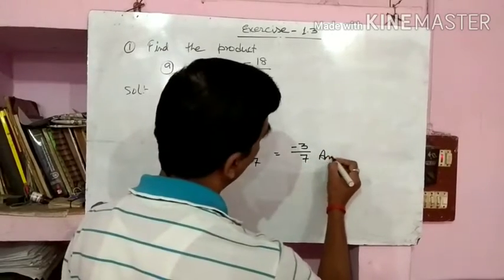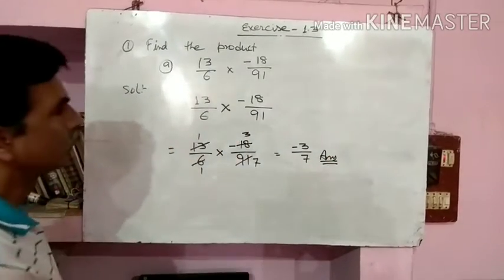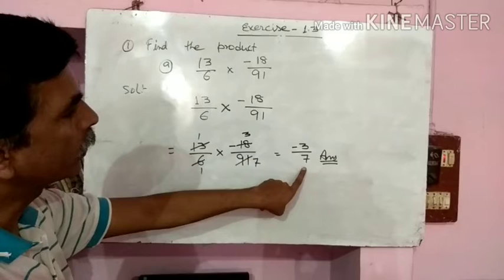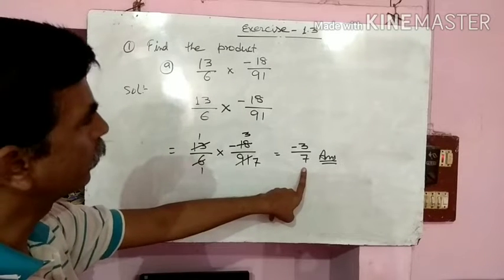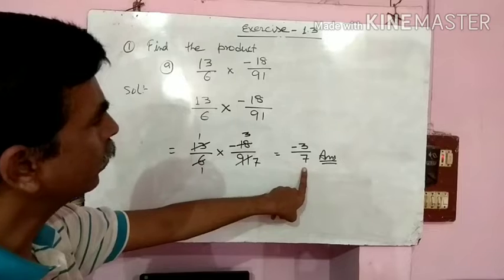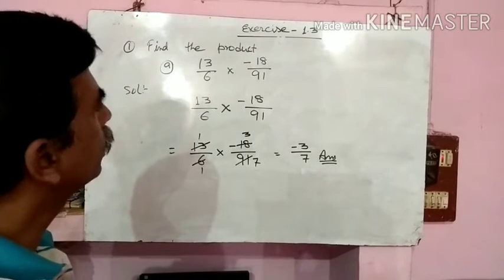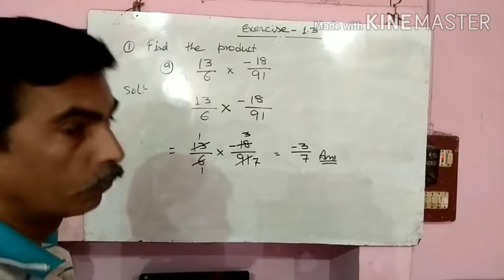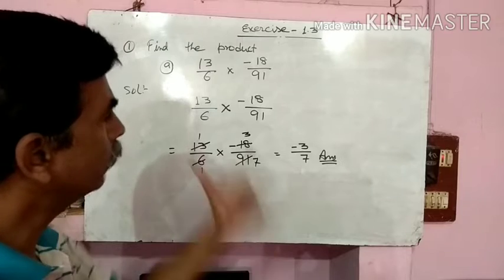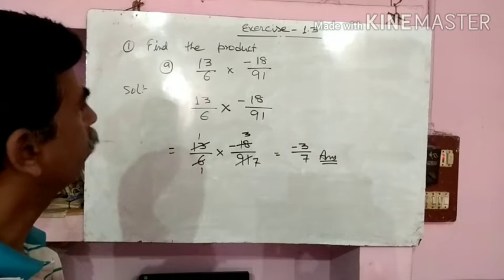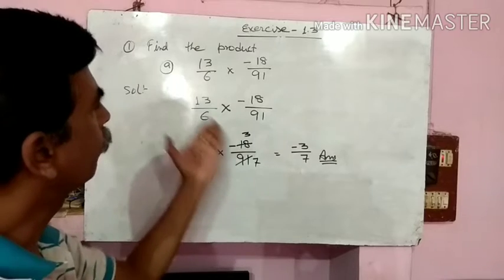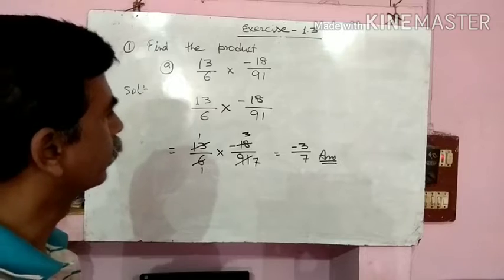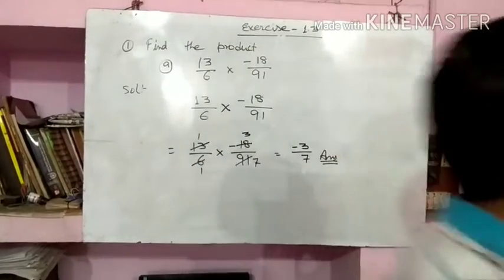So this is the answer. The product of these two, if you multiply 13 into 18 and 6 into 91, you will get the same result after dividing numerator and denominator by a common term. So either you apply the long lengthy method if you want to become tired, or if you want to solve the same question effortlessly, you can apply this method by cancelling or dividing numerator and denominator. Solve it and I will write some questions.